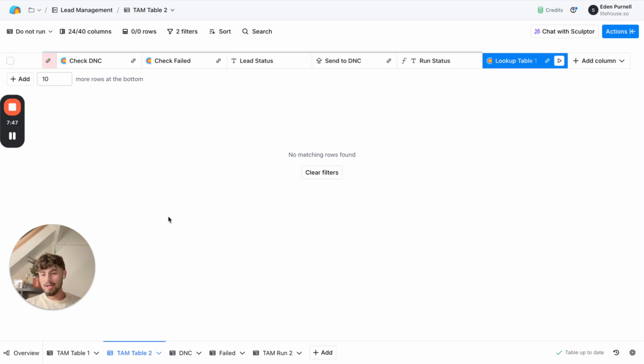This is super useful as well if you scrape one segment of your TAM and then another segment, and you want to put it on different sheets. You can just make sure that you're checking for duplicates between them. And so once you've got that list of leads ready to run,